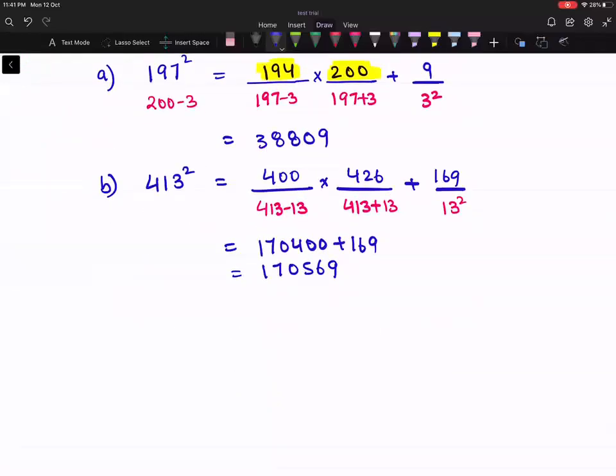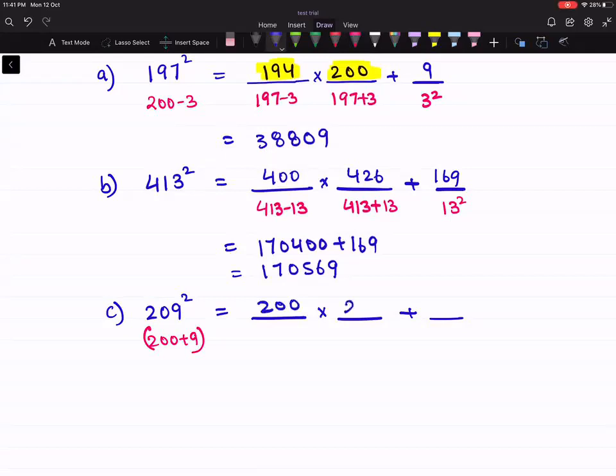Okay, one more last number in this to practice. That is, if I'm interested in 209 square. So 209 something into something plus some number, right? These numbers are going to be decided by how much bigger or smaller this is. So now this 9 is what is playing an importance. So 209 minus 9, that is 200. 209 plus 9, that is 218. And this is from 9 square, which is 81. So my answer in this case is 43681. That's the square of 209.